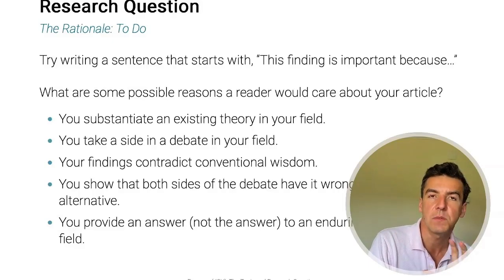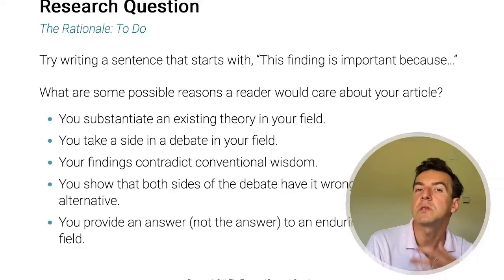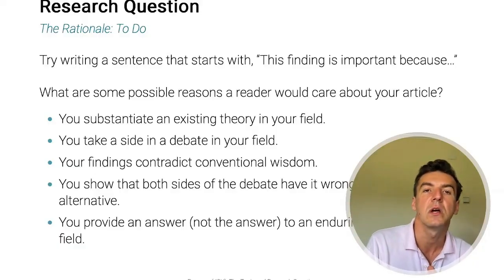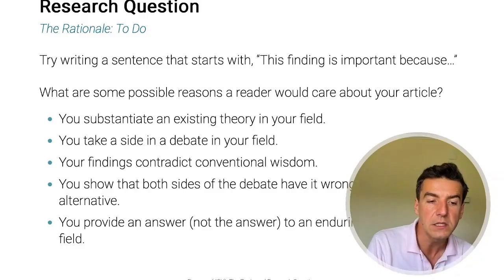Here too, let us spend some time trying to write a sentence that starts like this: this finding is important because. Some of the things that you could write here in your article relate to substantiating a theory that exists in your field, meaning you provide empirical evidence. You take a side of the debate in your field, so there might be contradictory positions related to a specific question. You help answer, or you try to side with one side of the debate by providing empirical